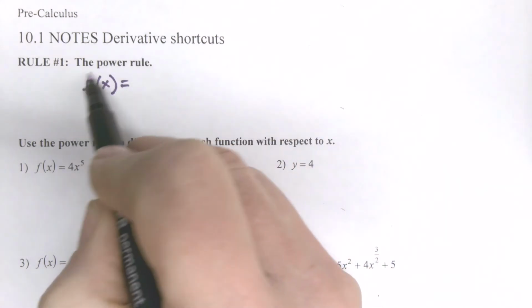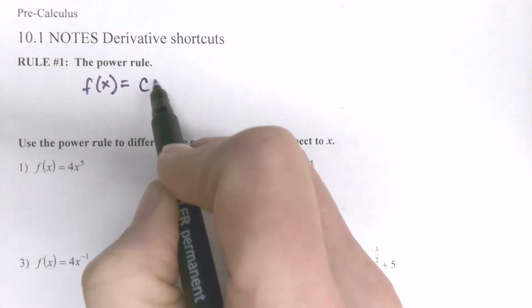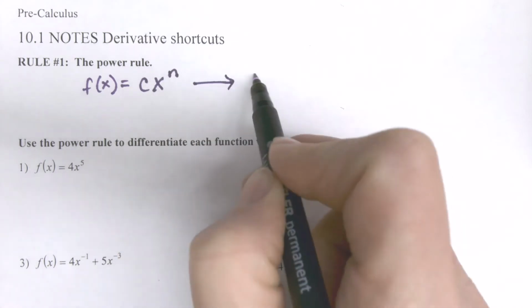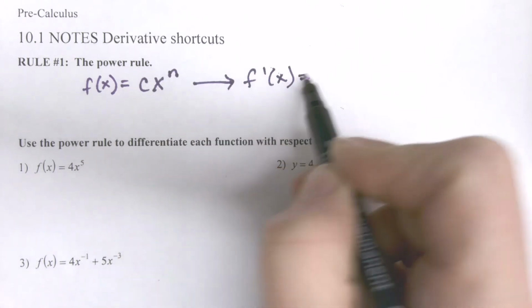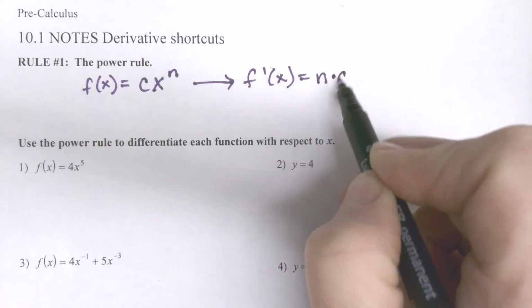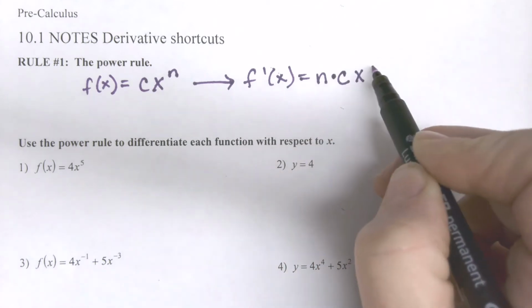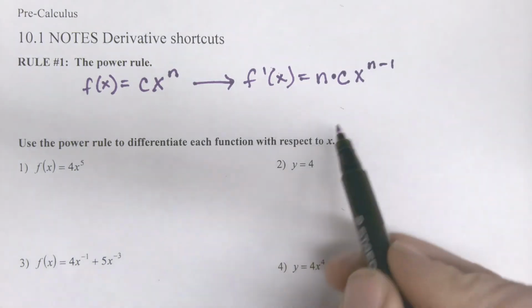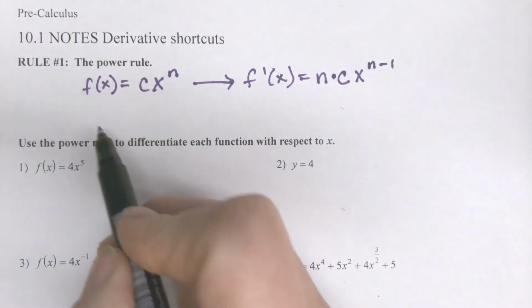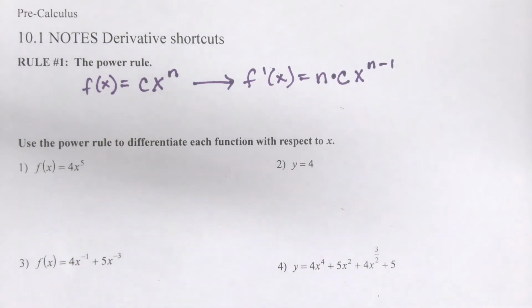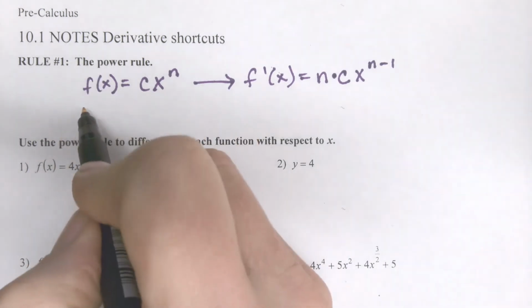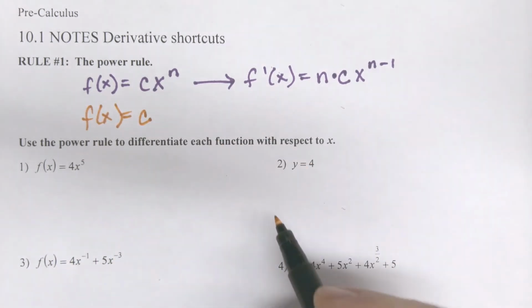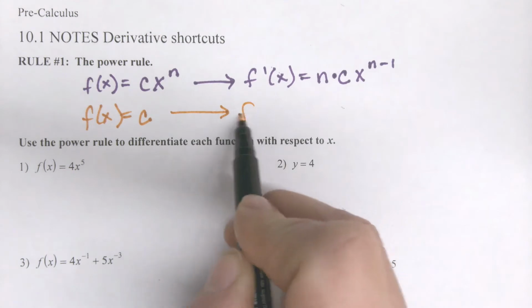off of. So if my function is some constant times a variable x raised to the n power, then its derivative is the power times the constant times the variable, and then I lower the power 1, so n minus 1. If my function is a constant alone, f of x is just a constant, then my derivative